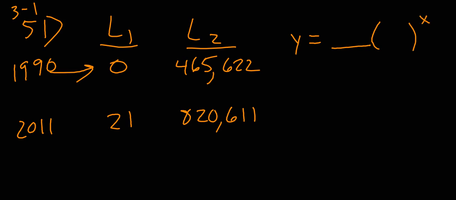It is exponential growth, but how do I come up with that exact equation? Now, there's the Algebra 2 way of doing it, which is the brute force method. However, everybody in the room should know that this is 465,622. How do I know that? It's the y-intercept. It's what we just talked about, right? Okay, the big question is what you're going to get right there. Now, could you plug in 21 for x and 820,611 and then divide and take logarithms, blah, blah, blah? Yes, you could. Or